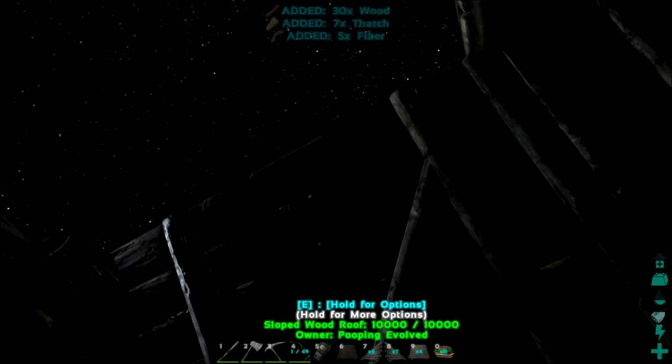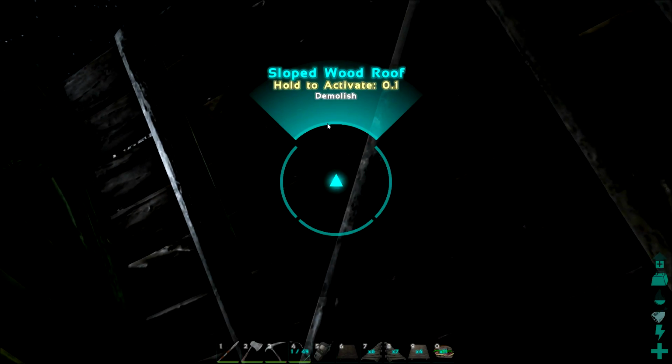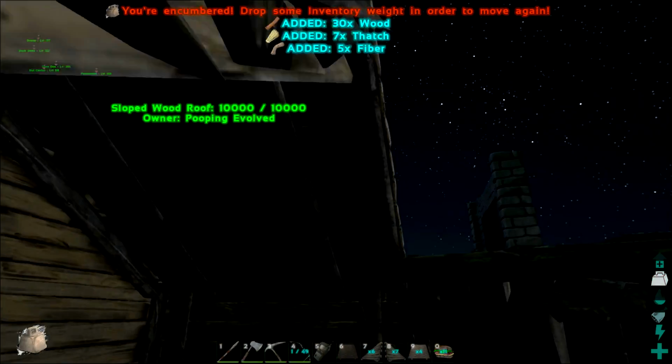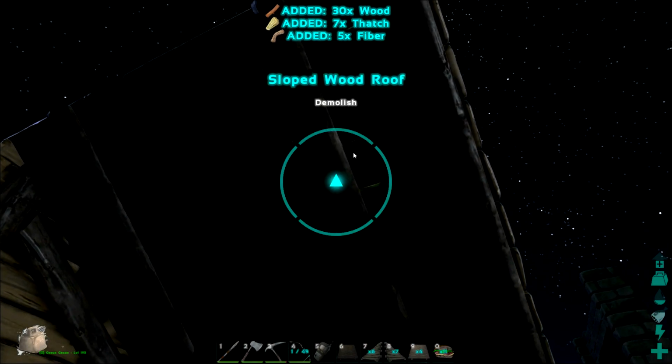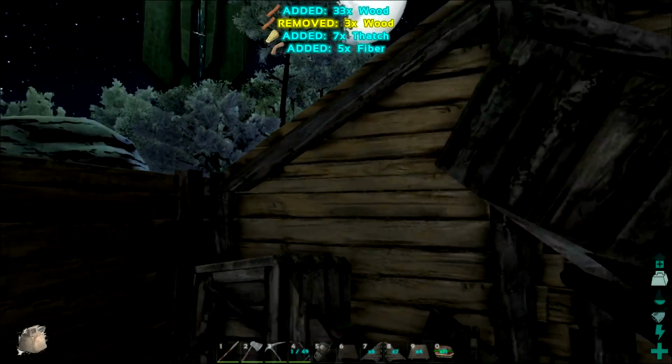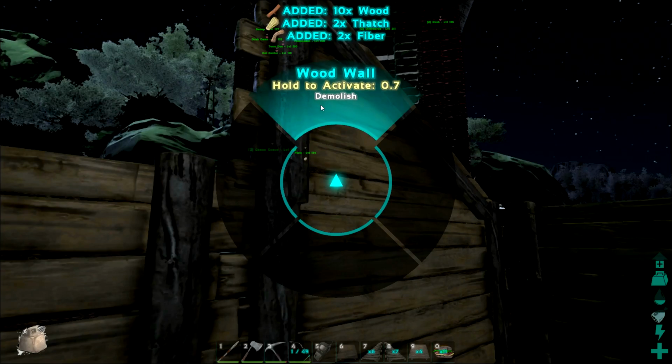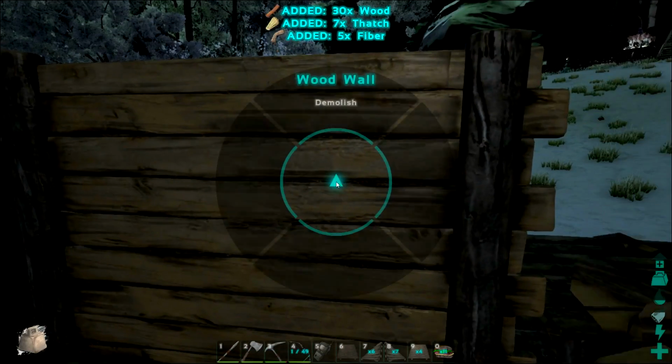I could do it just from the bottom, but that would be wasting materials, and I'm not interested in doing that. All right. The old Zueljin Palace is broken. Zueljin Palace was,